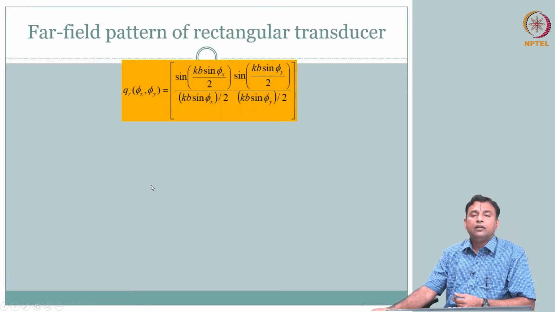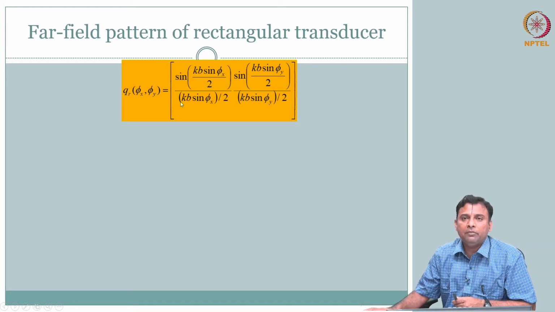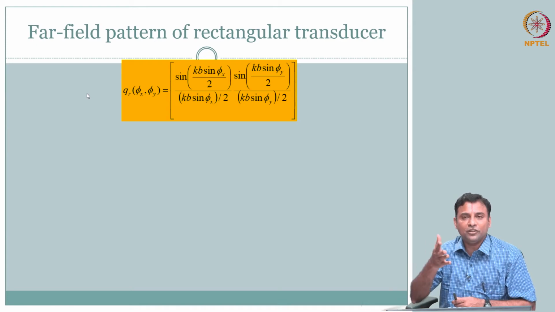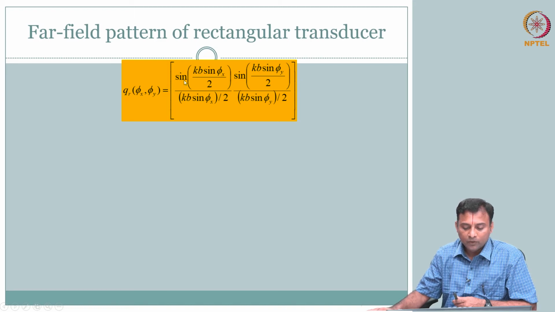Similarly for your rectangular, you can get your function to be like this. What is this? Don't get intimidated. This is actually very, very powerful, that we already covered. What was this Q we talked about? It has to be some Fourier transform of your s. When you look at this, what do you see? Sine of some quantity by that quantity. Have you heard of sinc? Sine theta by theta. Yes, sinc. So this is a rectangular transducer.